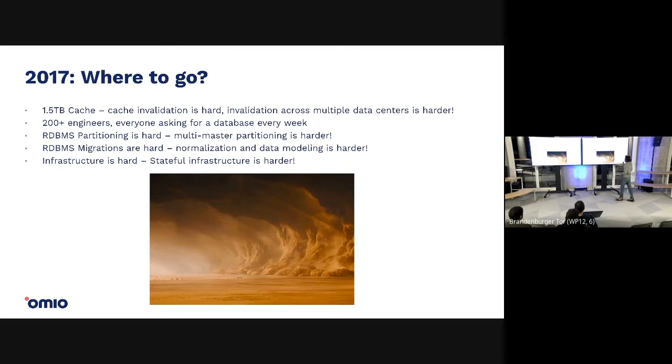Then relational database migrations are hard, definitely, right? But normalizations are even harder. For example, a very simple example: we started with every user has a phone number. Now come and say, hey, you know what? Users can have two phone numbers. And it's like, ouch. Okay, so now you can technically put two phone numbers in one column, but it,